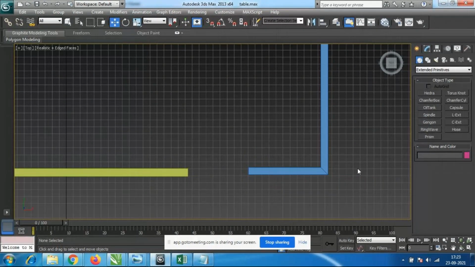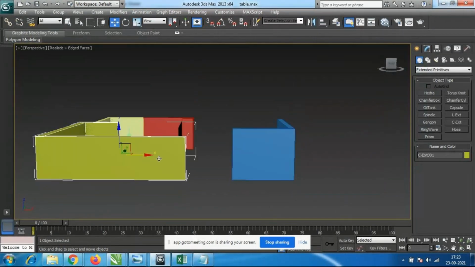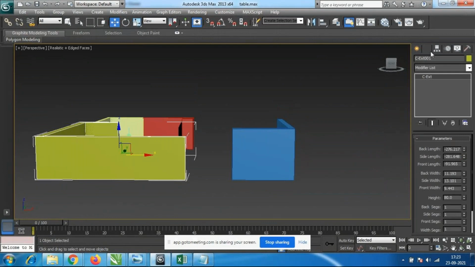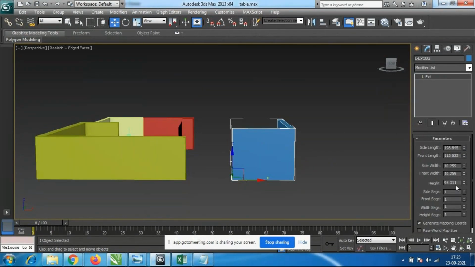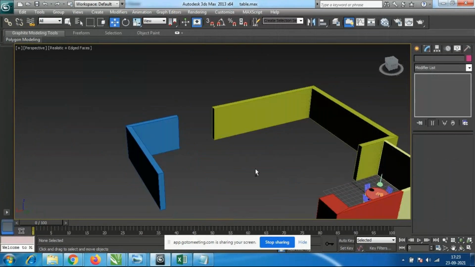So look at the height of this wall. This height in the property window is 80, and here it is 95, so I'll keep it 80. Like this we have to do the changes.